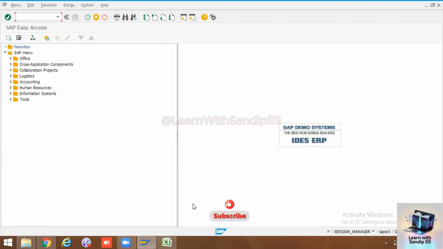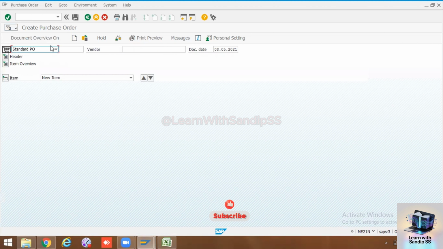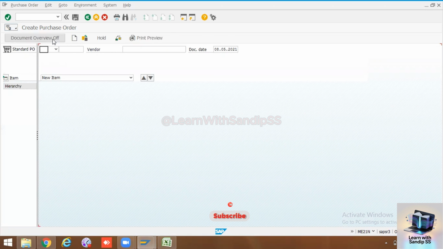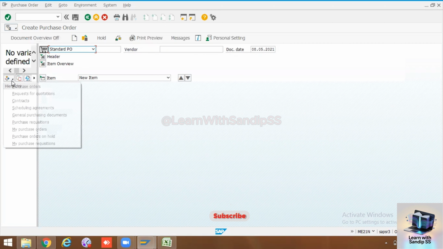So you need to create the PO. In real time, you will not see this authorization. Enter. Document overview. Just go here in the variant, no variant defined. Just see purchase